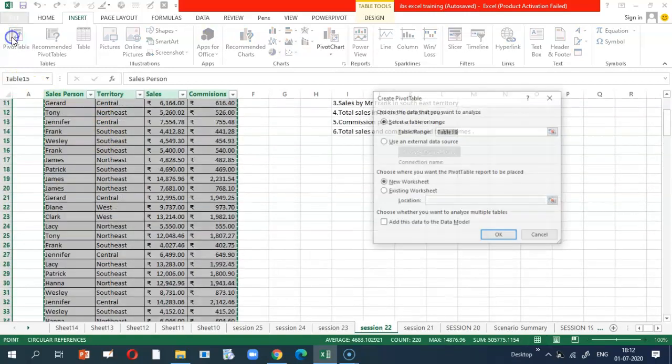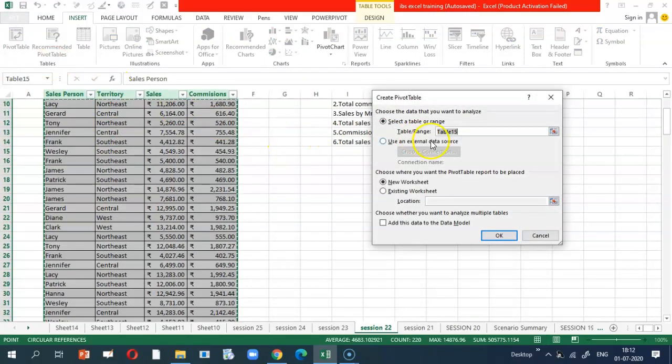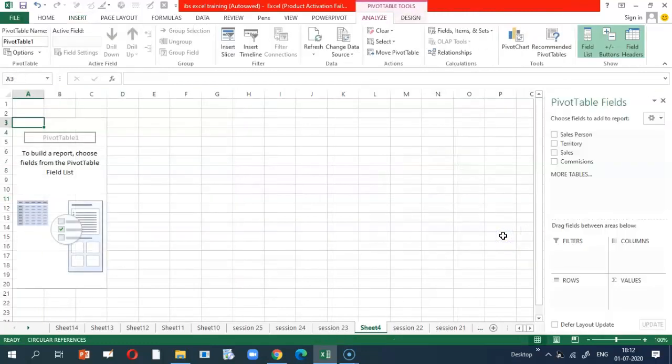Click on pivot table, which is in the Insert tab. As you can see, as soon as I press Control A, the data cell reference which needs to be summarized is already visible under the Select a Table or Range field. Click on New Worksheet and say OK. You will observe that on the right hand side you have the pivot table fields, which will become active once you put the concerned selection.